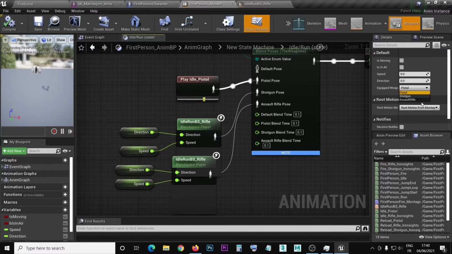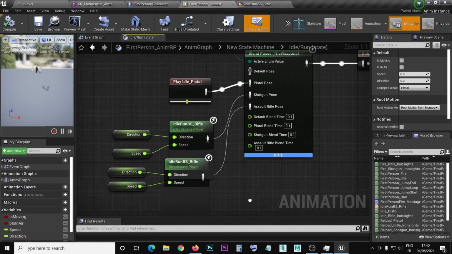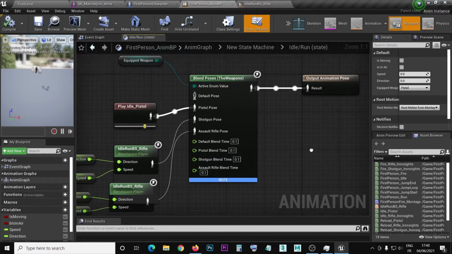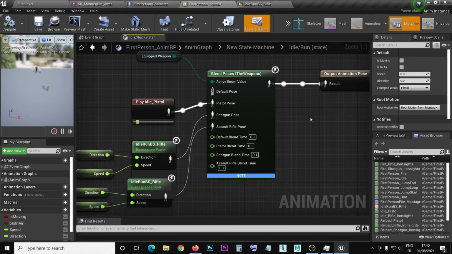You just can't get the menu. It keeps displaying and disappearing quickly. So what you should do is restart the engine, restart the project. Sorry for this. So now we have the idle run state